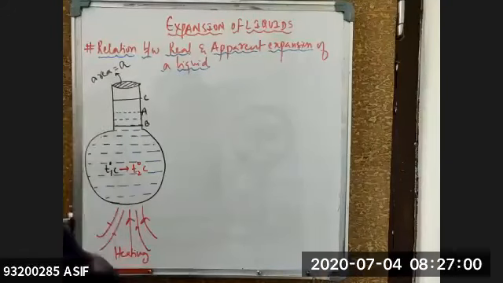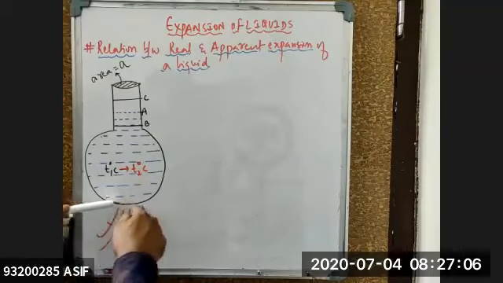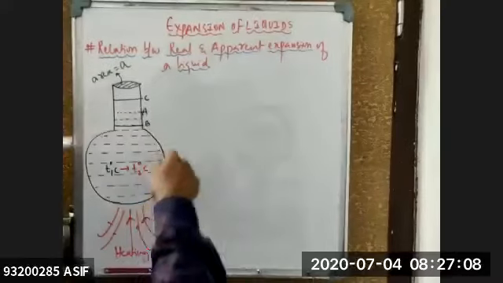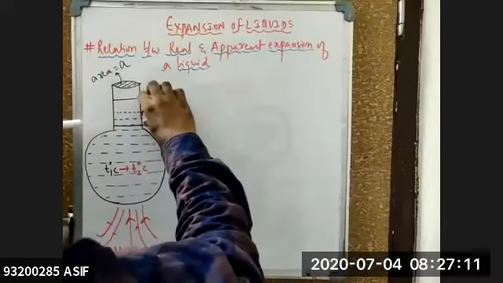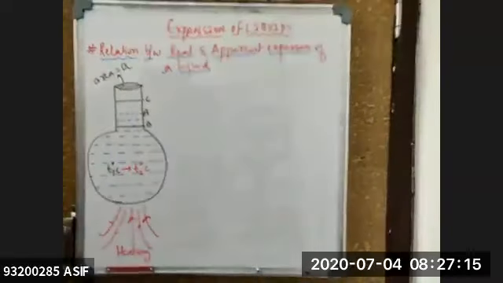Just imagine that the moment you keep the water in a container and heat it up, the water will not directly get the heat. First, the container will get heated up. Because of that heating, being a solid metal, it will slightly expand. So when it is slightly expanding, the level of the liquid in it will be dropping down.